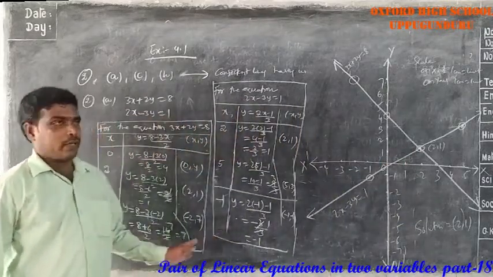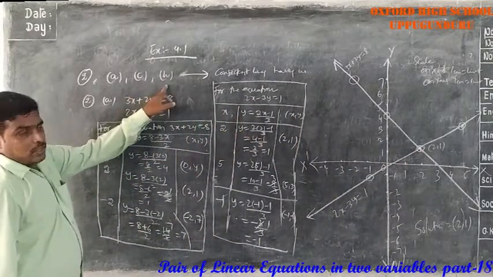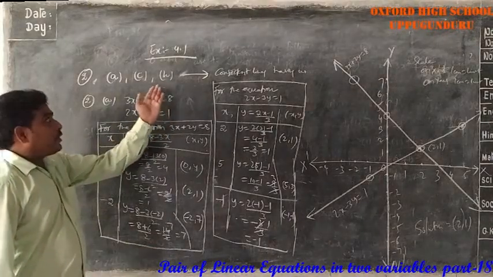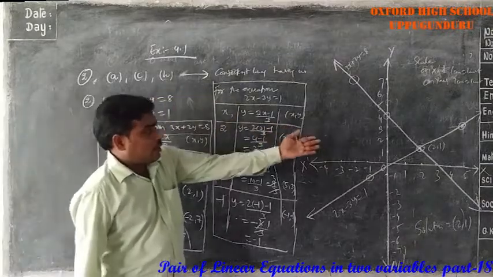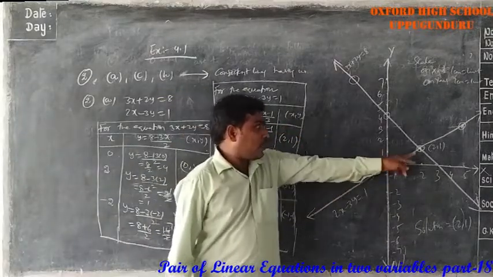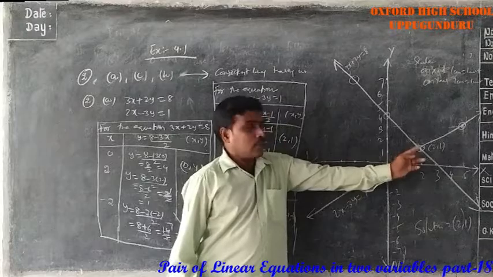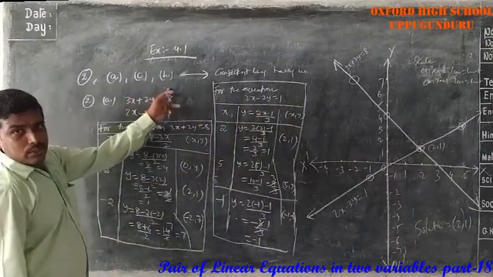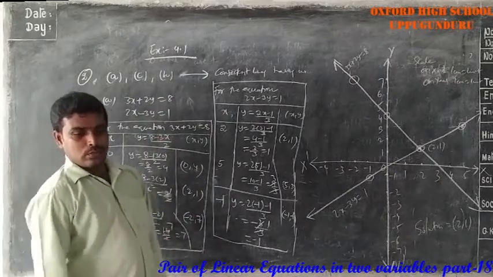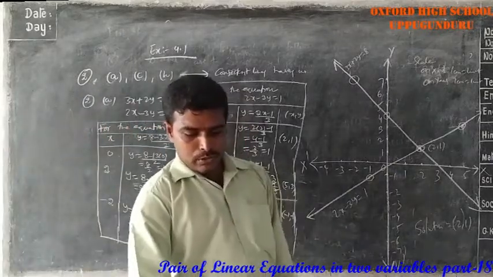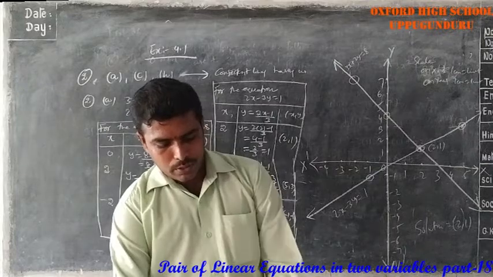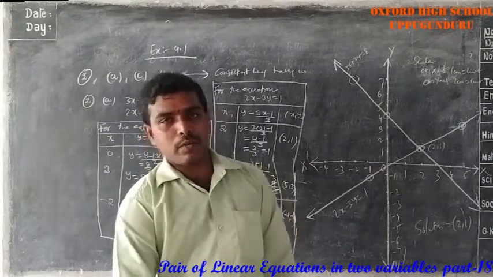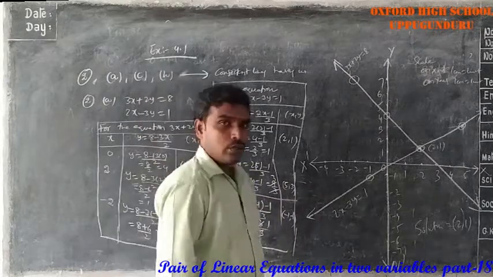In the same manner, you have to do C and H in this Roman. When you represent these two equations also, you will get intersecting lines like this. When these two equations intersect, that point will be the solution. So do C and H in the same manner. Next, I will tell you how to represent a pair of linear equations having an infinite number of solutions in the next session. Okay, thank you.